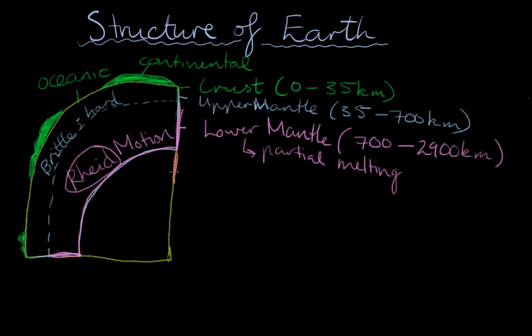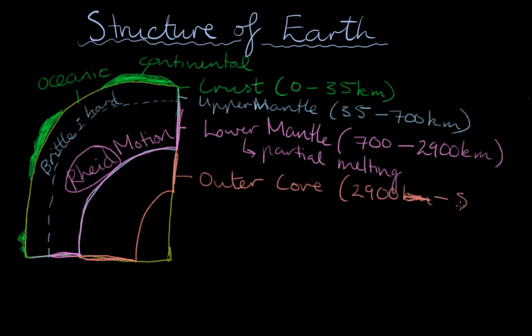The next layer is our core, and just like the mantle, it's split into two different sections. The first section is the outer core, and this extends from about 2,900 kilometers all the way to about 5,100 kilometers-ish. Now, the outer core